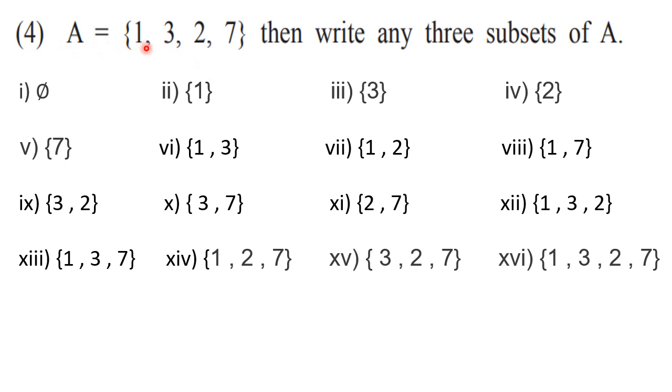And then the 16th one is the set with 4 elements. That means the set itself. So in this way you can write down 16 subsets. They have asked you to write any 3. You can write down any 3 of your choice. Also, one more thing is that you can change the sequence of elements. We have seen that the sequence is not important here. Only you should write down the sets properly.